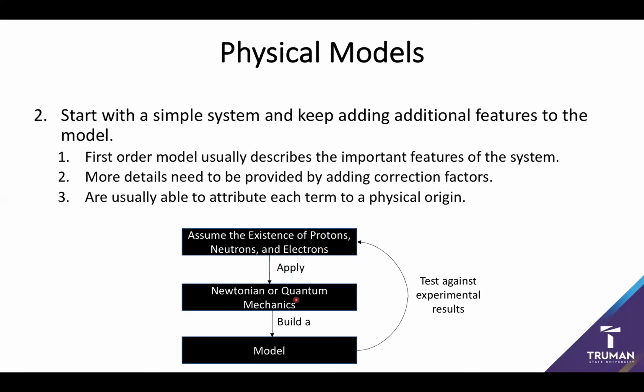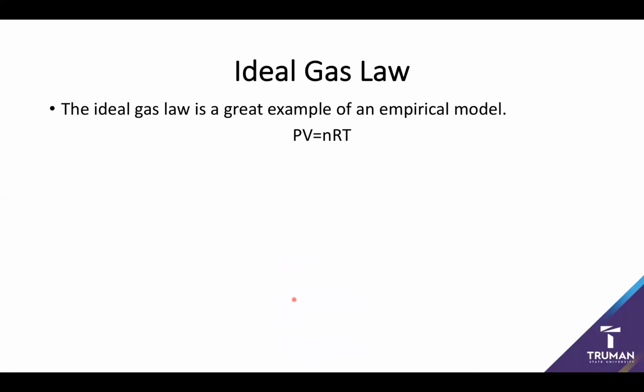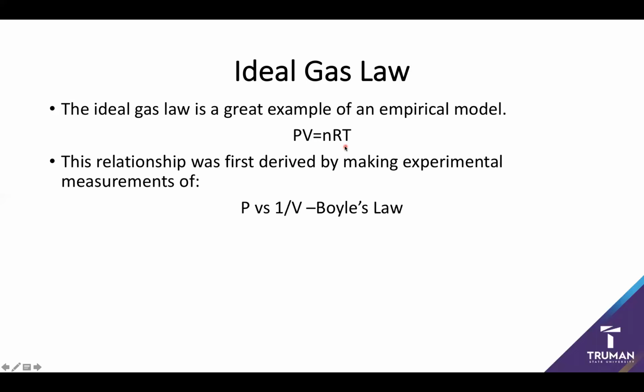So let's go ahead and look at how both of these physical models work in a real system. One of the best examples of an empirical model is our good old friend, the ideal gas law: pressure times volume equals moles times gas constant times temperature. Beautiful system. And it turns out that we derived this in a very empirical approach, which is we made a